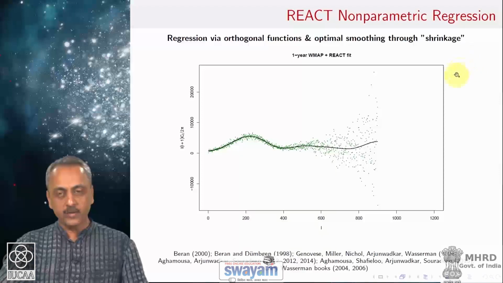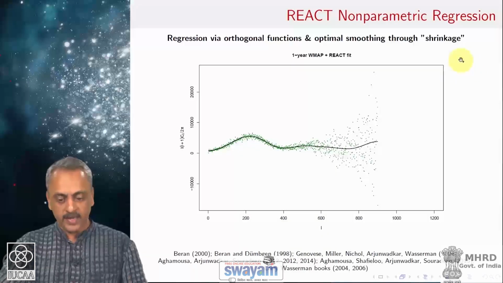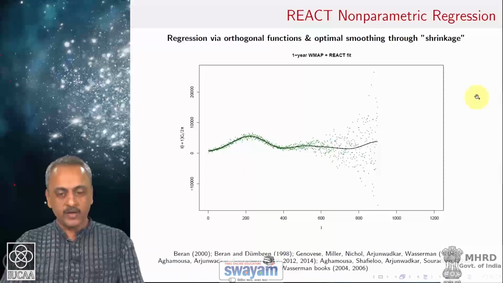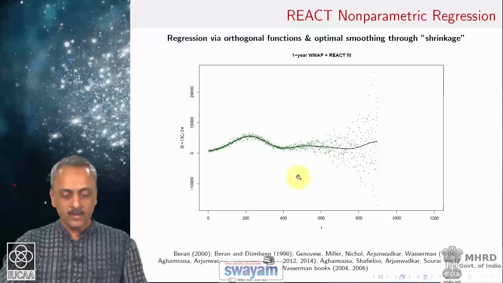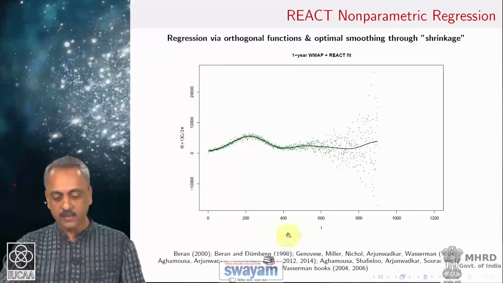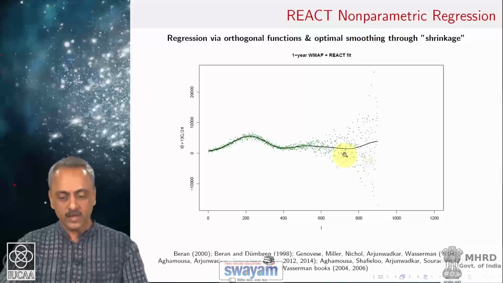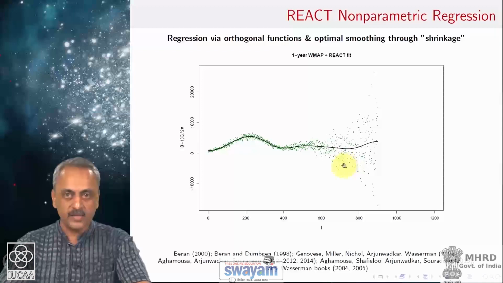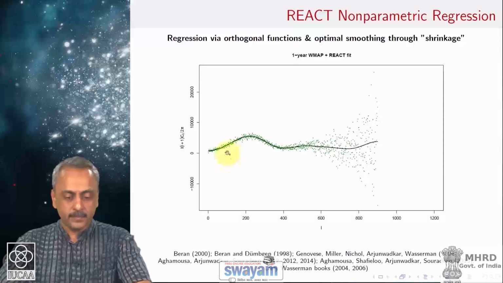So, when we apply this to the WMAP data that we saw earlier, this was the cosmic microwave background power spectrum data coming from the WMAP probe after the first year of its operation. So, it is called WMAP 1. This is the power spectrum axis, this is the multipole axis as we called it. The green points are the data points. Let us take a little closer look at the data scatter. The characteristic of this particular data set, and you will see that this is also the same for other data sets in the WMAP series, is that